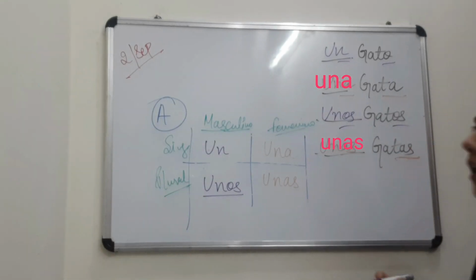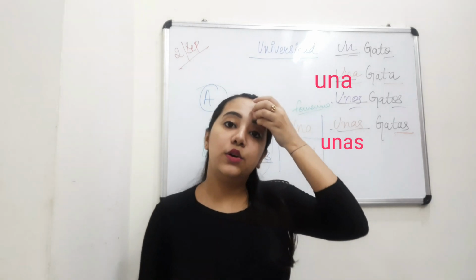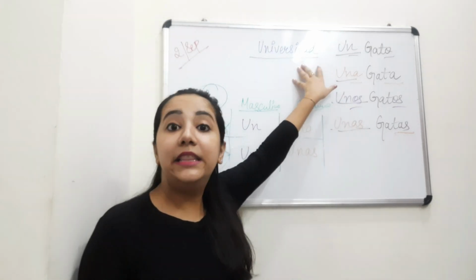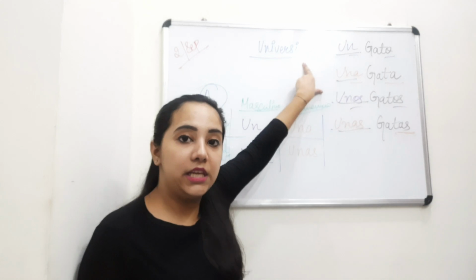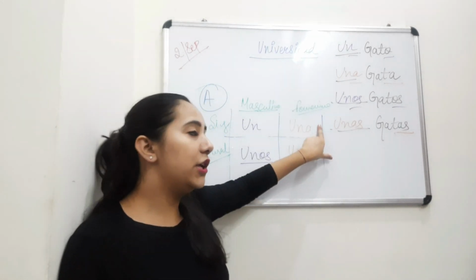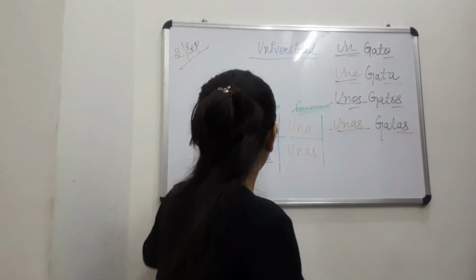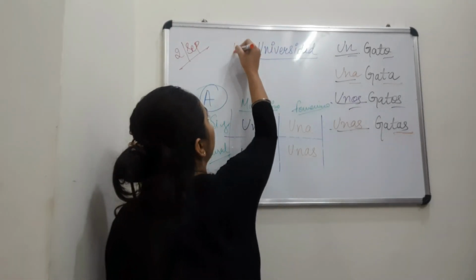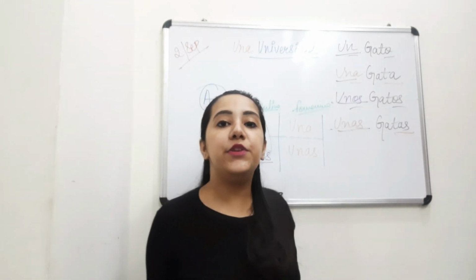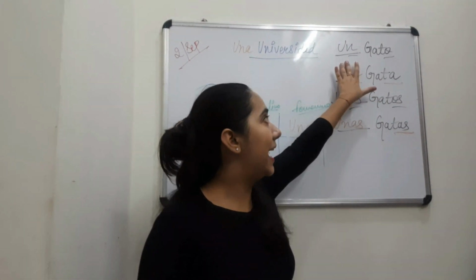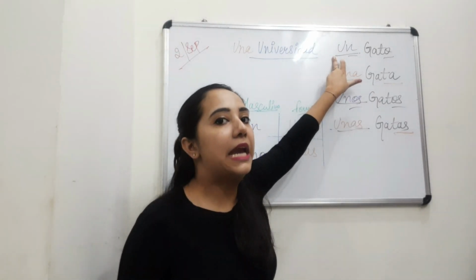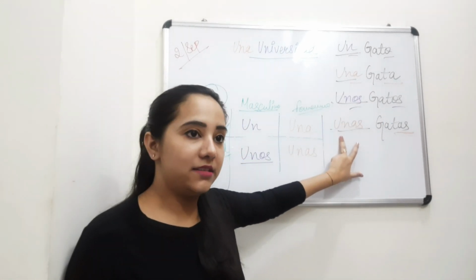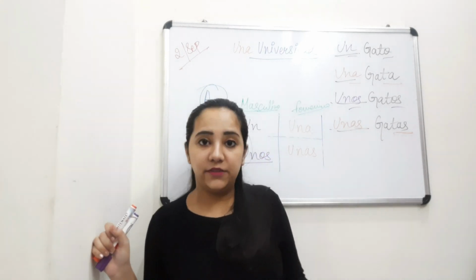For example, universidad. Universidad, what is it ending with? With d. What is d for? For feminine. So a feminine article will come. For the feminine article you have two options: una will come or unas. So I go for una. Why? This is singular. So una universidad, that means a university. A cat. This is a masculine cat. This is a feminine cat. This is masculine plural cats. Feminine plural cats. So now I'm going to give you an activity for today.